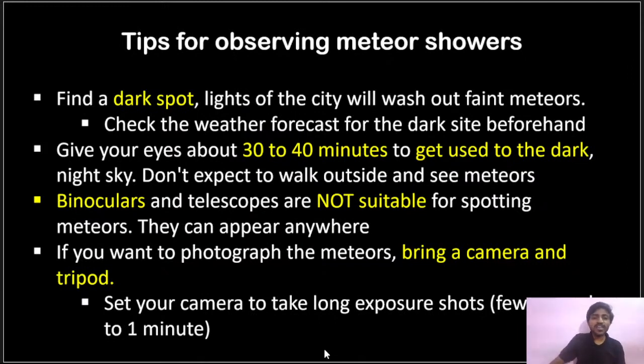And if you're setting up your camera, please make sure that you are setting it for long exposure shots. There's a setting in your camera that you can adjust for the exposure time. Make sure that exposure time is longer. So from a few seconds up to 1 minute, right? From a few seconds to 1 minute, you can do that. And using these settings, you will be able to actually capture